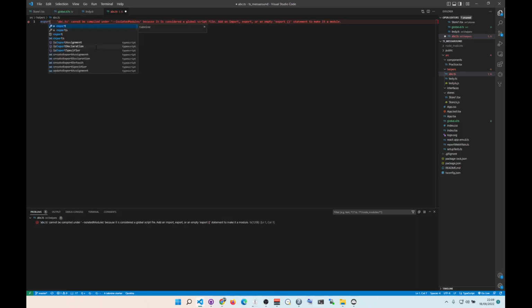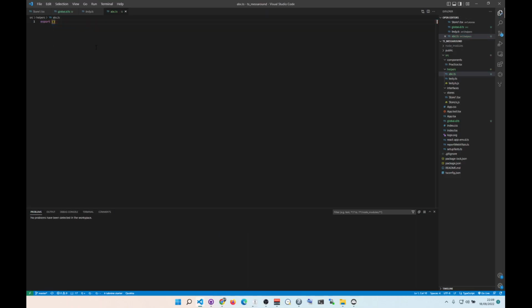It's complaining because it says everything has to be a module. So, to make it a module, do this. Put the export into it. It can be a dummy export. Now, this is a module. You don't need to know about modules right now. Now, the question is, can we access